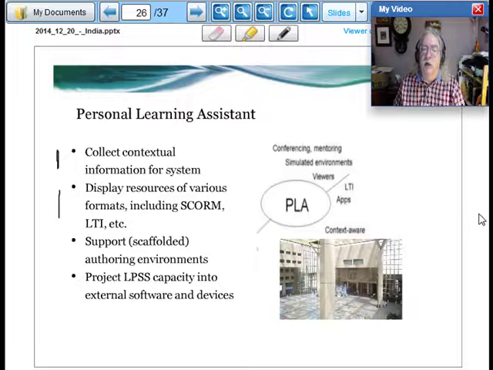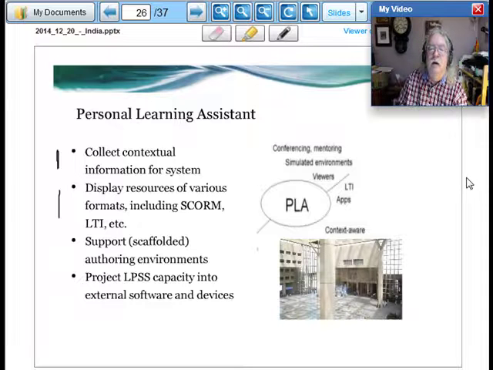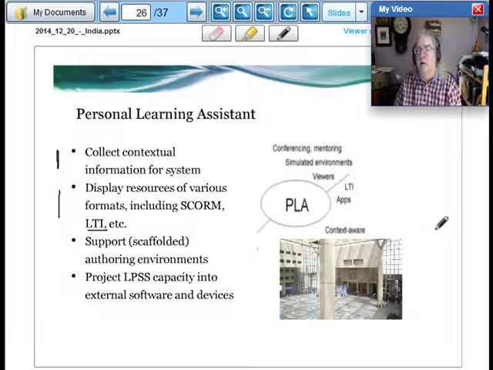The personal learning assistant also is used to display resources in various formats. We've got basic resource display available now in LPSS. We're looking at launching them using Learning Tools Interoperability, which is an IMS standard for launching different kinds of e-learning applications.